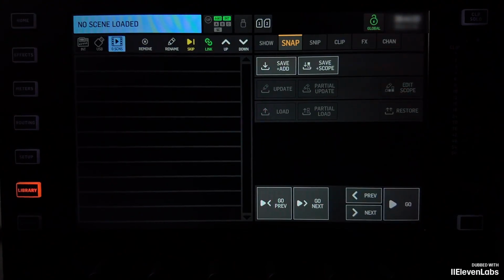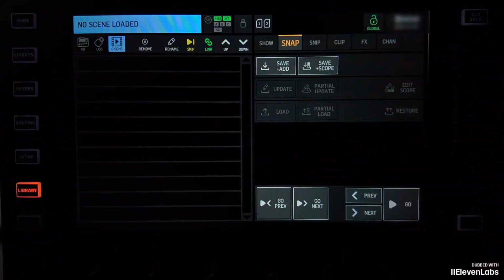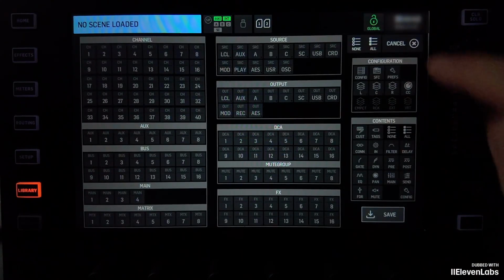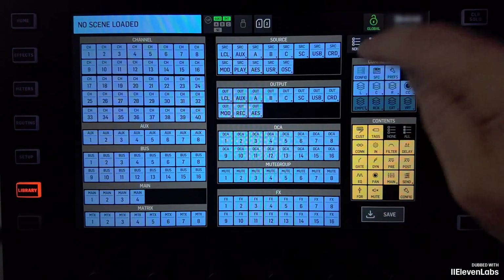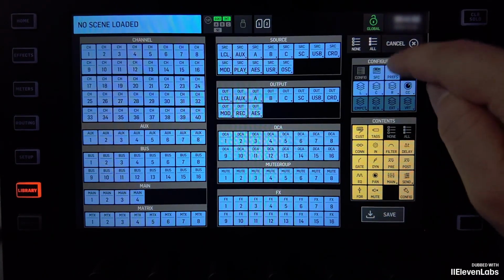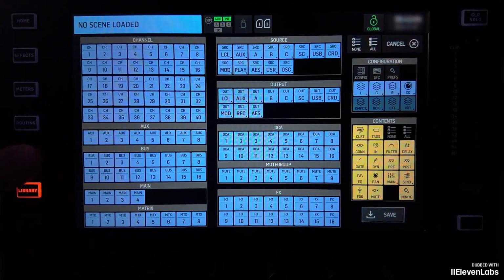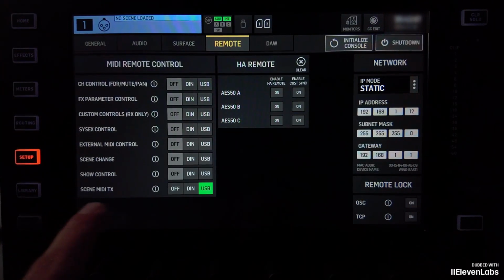To clearly see that a different snap is loaded, I'm doing it like this. In the first snap, these four faders are up. I say save and scope. And I select all, but be careful, I do not want to save the config, so I do not save it along with the preferences and surface, because that's where this MIDI background control is included in the setup.